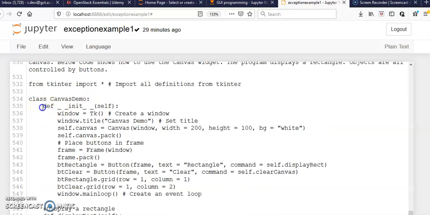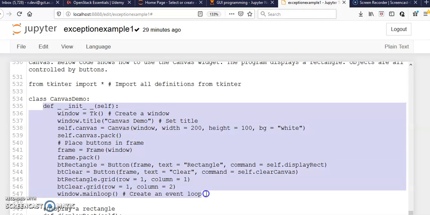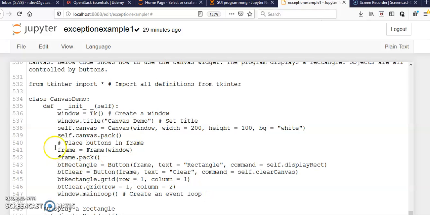This is the constructor which consists of the content. Already we know how to create the window class, and the window title represents the title of that. And then frame is representing the parent class as window. Frame is one class that represents the frame of your window, and this is packed to the window, along with the rectangle button as well as the clear button.